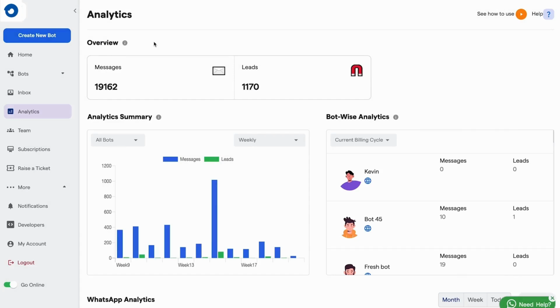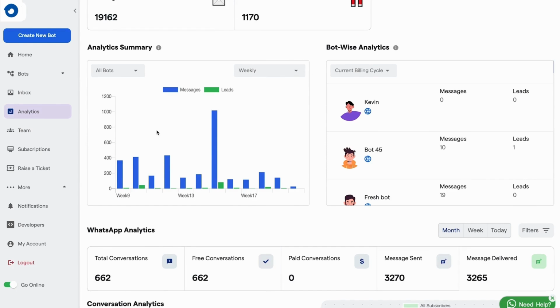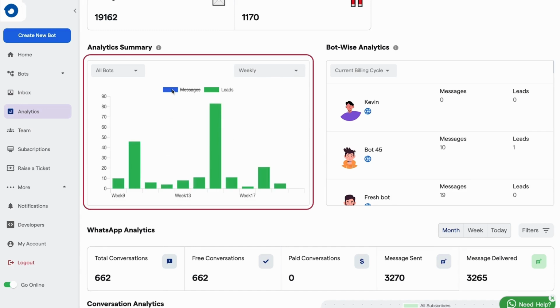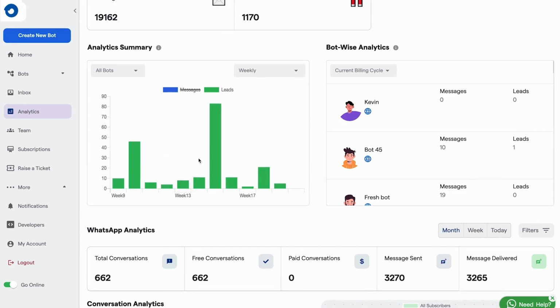The analytics section gives you a comprehensive overview of your chatbot's performance. It showcases key statistics such as the number of messages consumed and the total leads generated through the platform. All this information is displayed in the overview section for quick insight. Below that, there's a graph summary, which visually represents the weekly trends of both messages and leads, helping you track